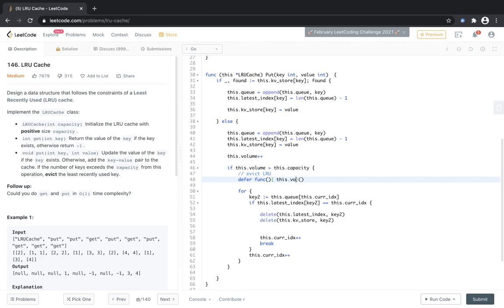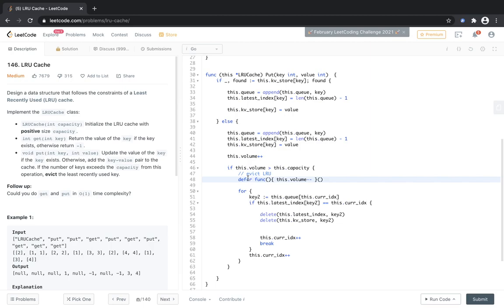This will just decrease the volume, because since we are inside this, we know that the volume has incremented. We need to decrease the volume after calling this thing. So even if it's breaking, when this function call ends, it will call this function and end this function.